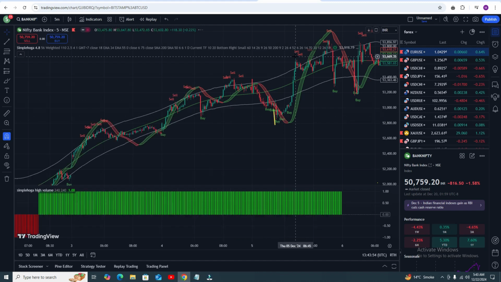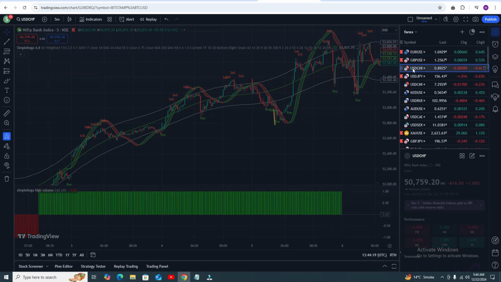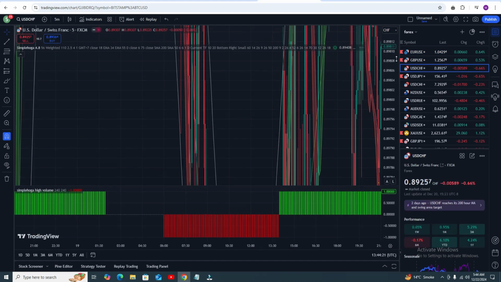Okay, buy, and you can see. Okay, and 1% in the previous day, because I developed this indicator yesterday night. I developed this indicator yesterday night, and before that I was testing it. So you can see this line because I opened my position from this point, and you can see. Okay, let's see in some other pairs.